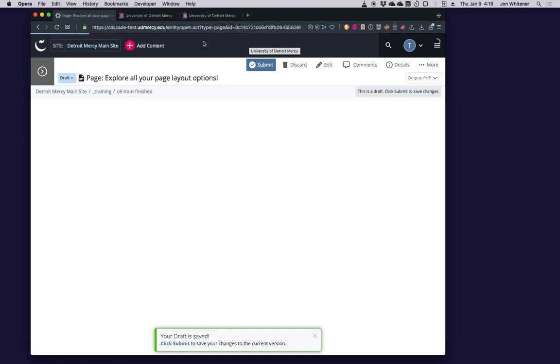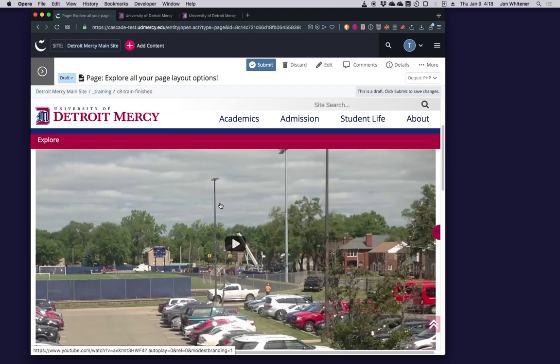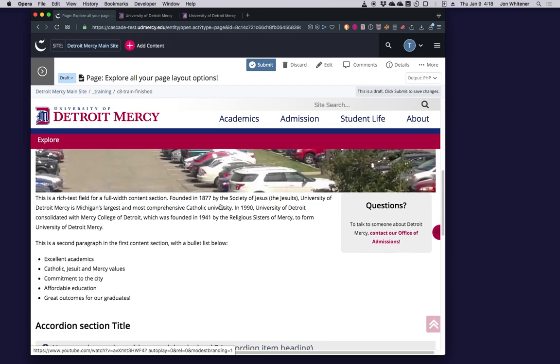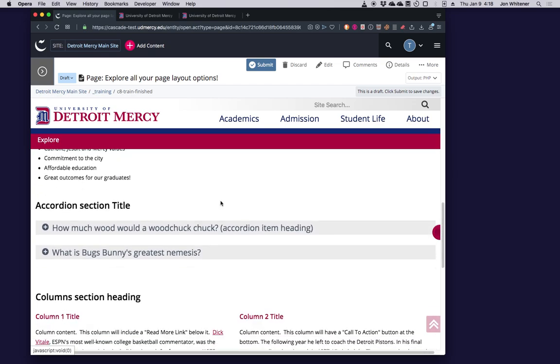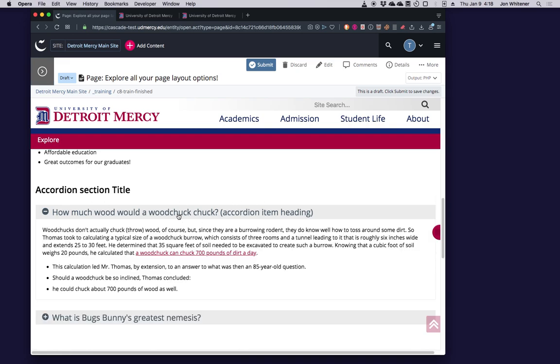I won't try to fill in the rendering delay time with any clever talking. You can see here Cascade is working kind of slow. It works faster sometimes. Okay, so here's our accordion section. Now we have two sections. Click the first one.